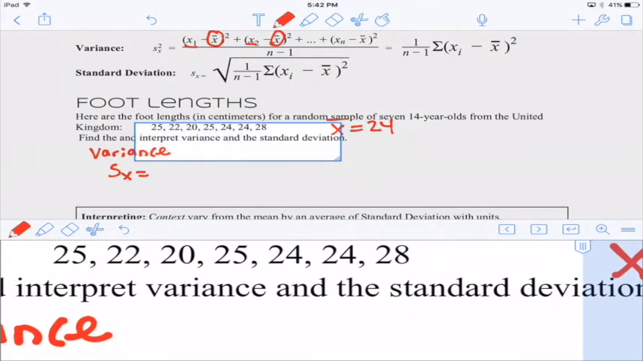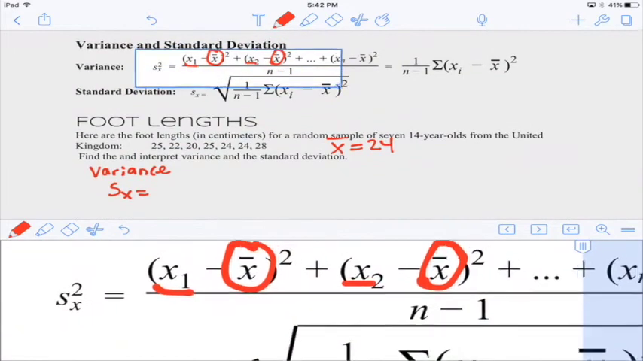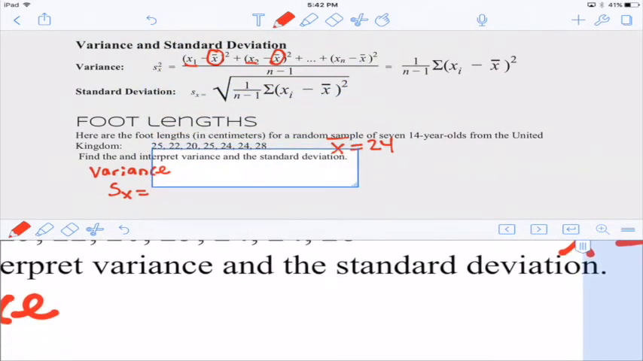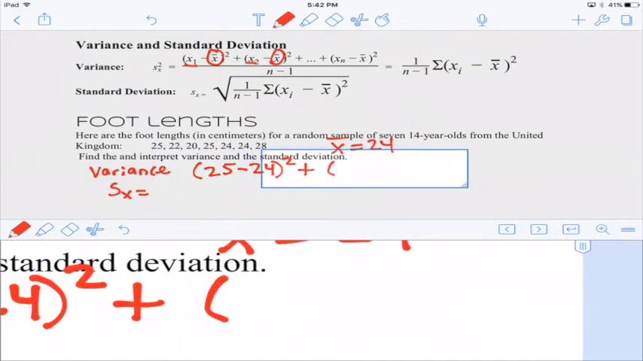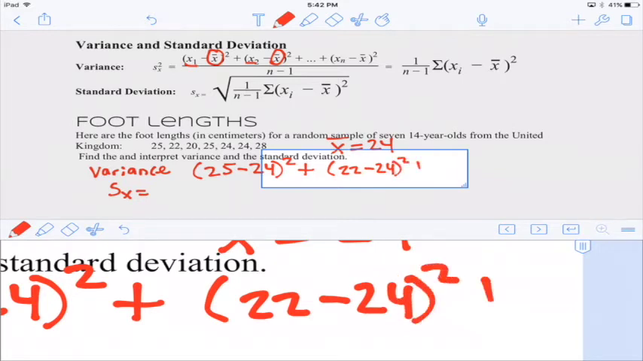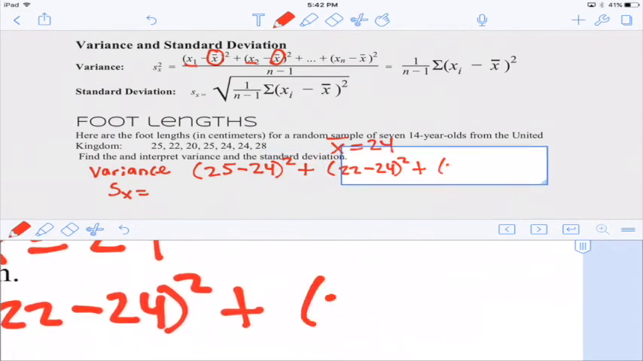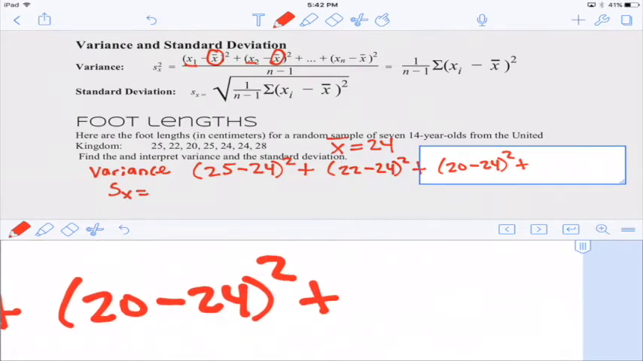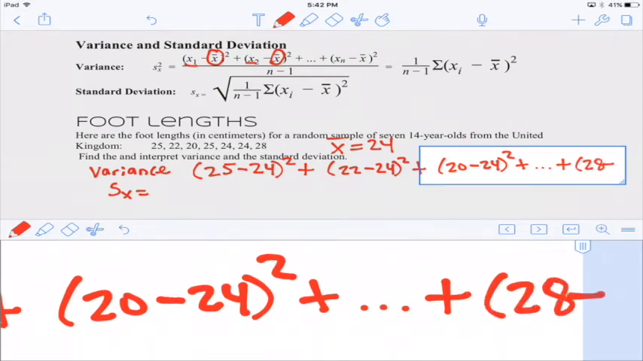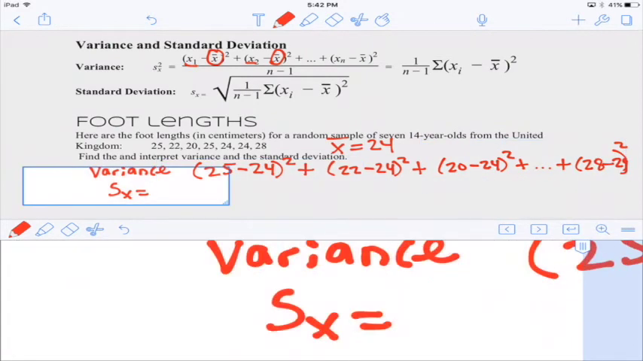So what we're going to do for this variance, remember, we're going to take our first value minus the mean. So our first value is 25 minus the mean of 24, and then we're going to square it. Then we're going to add up our next one. We have 22 minus our mean of 24, square it. Then we got our next one. All until we take our last value of 28 minus the mean of 24 and square it, and we divide